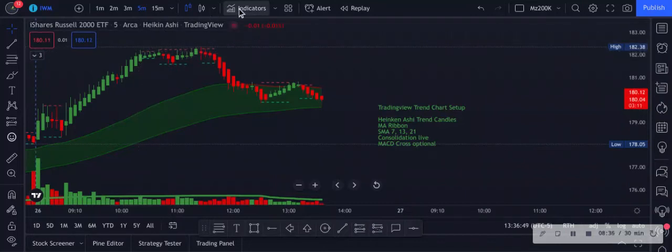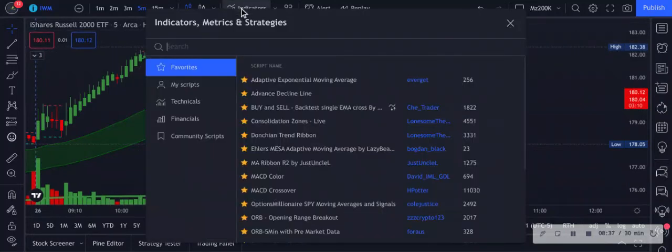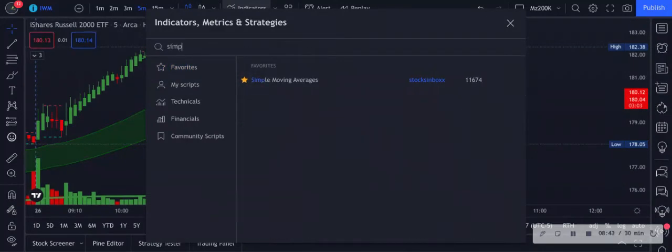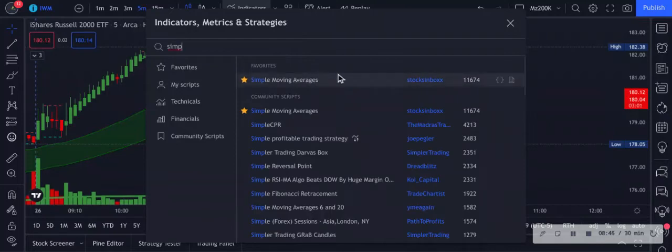So another indicator to help guide you to stay in your trade longer or to help you exit your trade, you're going to type in the simple moving average. And the simple moving average is by stocks and box. And it has